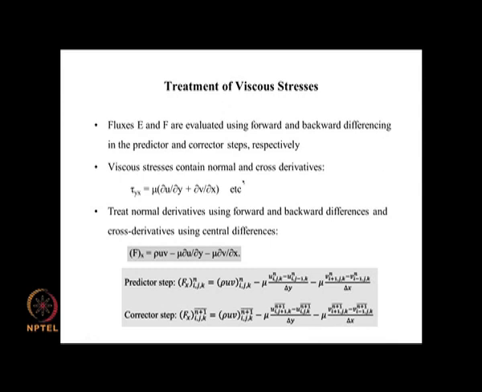and these kind of things will also appear in other equations. So the result of the viscous stresses is that there are some components which appear with cross derivatives, so that is dou x dou y here, and some which appear as normal derivatives dou square x. Okay. So and similarly we can have dou square y and dou x dou y terms when we consider other things. So how do we treat these terms? The prescription is that treat normal derivatives using forward and backward differences and cross derivatives using central differences.